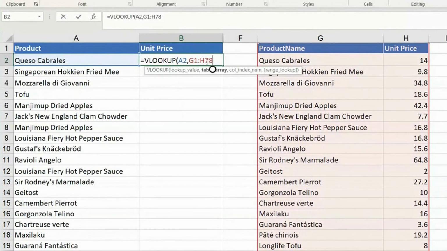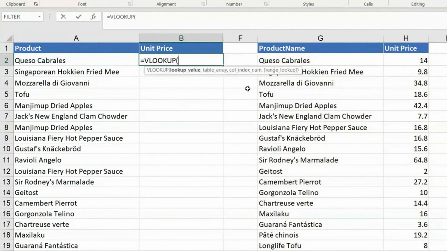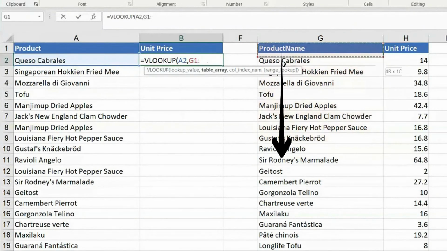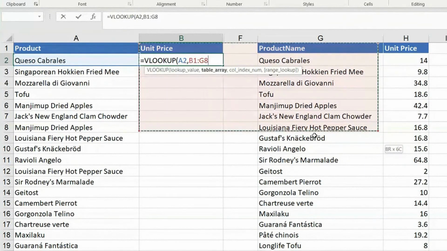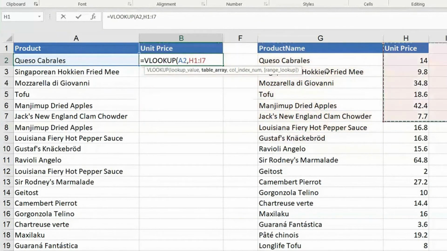Now, let me not freeze it. I'll just keep it as it is. I will not make it absolute. First of all, for the guys who are learning VLOOKUP, please remember one thing which I did. VLOOKUP, I looked up this value, comma, my table array. My table array is this entire range. When you take a range, there are a few things you have to take care of. New learners, novice users of VLOOKUP, look at this. Your start should be from the place where you have to search. You should not start like this. You should start only from this. Why? Because this is where your searching data is.